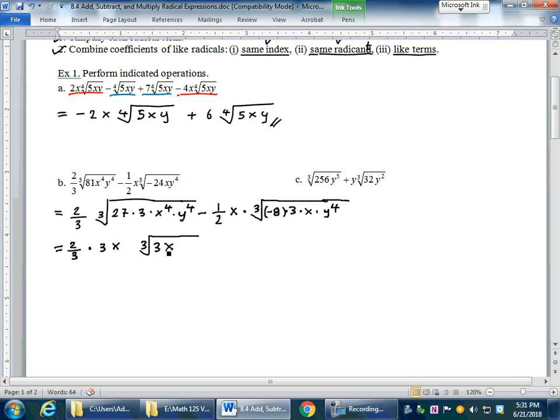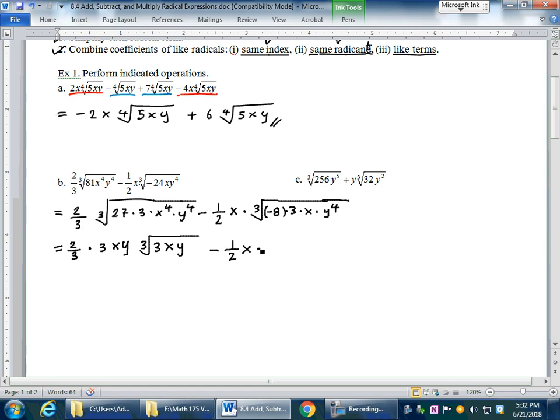Then for the variable y, 4 is the exponent of the variable y. So 3 goes into 4 one time, so y comes out, y to the 1st power comes out. And the remainder is 1, so y stays inside. So this is basically the shortcut that we talked about in the previous session. Minus 1/2 x times